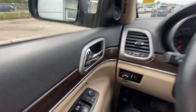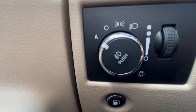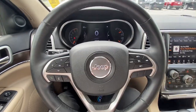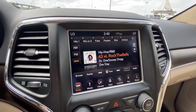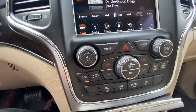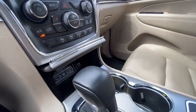Taking a look inside the Grand Cherokee, starting on your left-hand side, we have the controls for your power adjustable mirrors, automatic headlights and fog lights toggle, gas cap release, leather-wrapped heated steering wheel, 8.4-inch touchscreen complete with Bluetooth and navigation, push-to-start ignition, dual-zone climate control, USB and auxiliary capabilities, and in the center console we have the shifter and